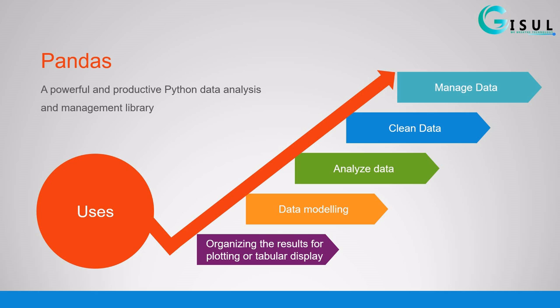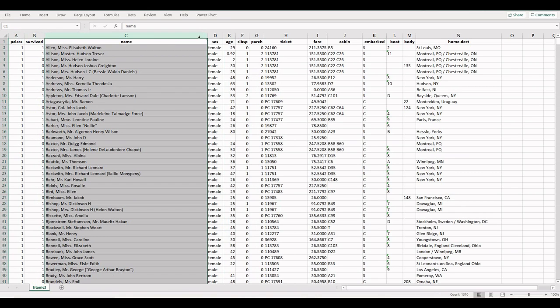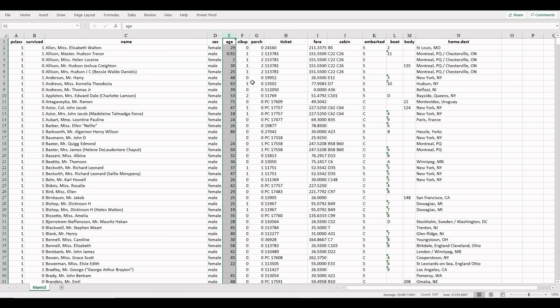In this video, we are going to have a conceptual look at what Pandas can do with data. I'm going to show you how to use Pandas very briefly on this Titanic Excel file. This is an Excel file that shows the passengers on board the Titanic. It has what class they were in, whether or not they survived, their names, sex, age, and so on. So there's a lot of information about the passengers. It's an entire passenger list and there are over 1300 entries. This is quite a famous dataset, so let's explore it.